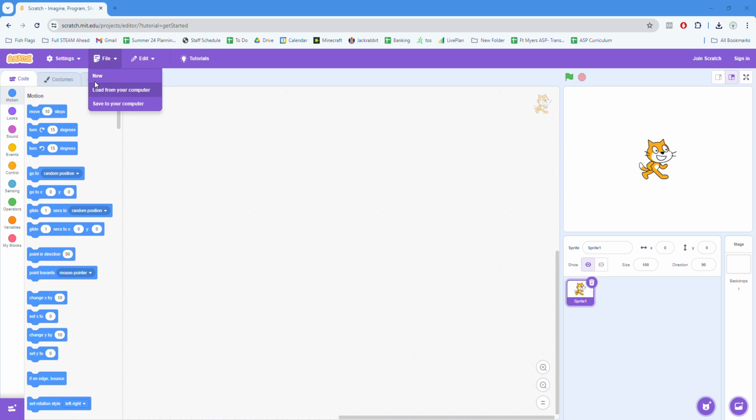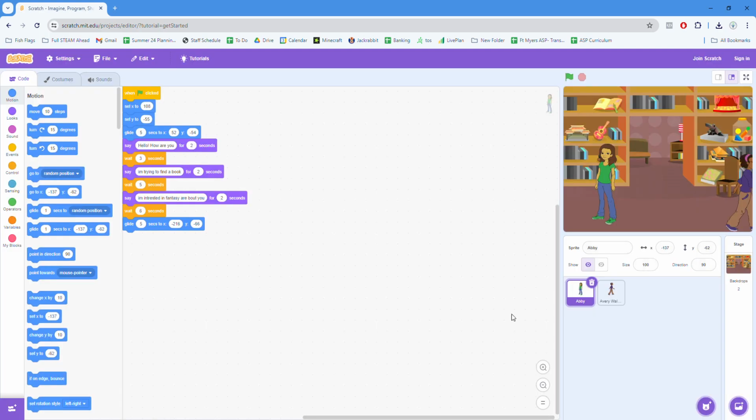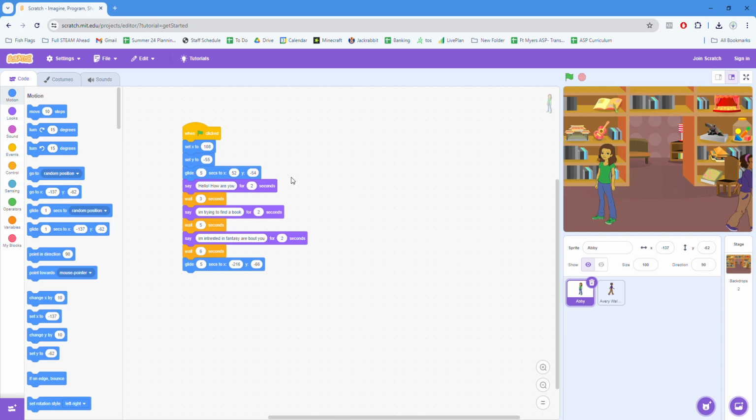You're going to go to the location. In my case, it's in the Downloads folder. You're going to go to the location where the project was downloaded and click on the file, click Open, and it'll open the file that was created, the Scratch project that was created right here. So same thing, we got our code over here, we've got our animation over here, we click the green flag to view it,